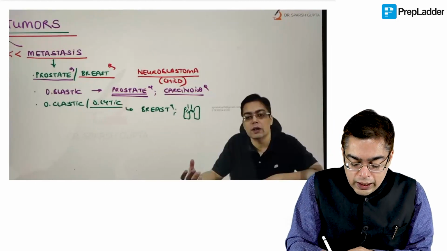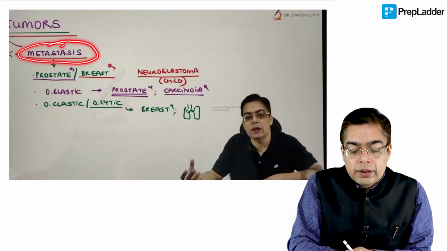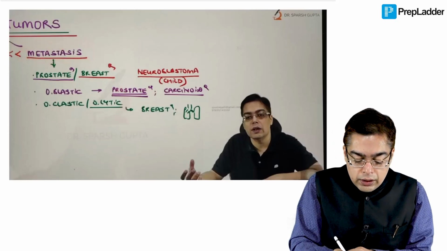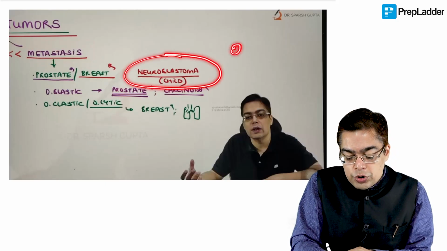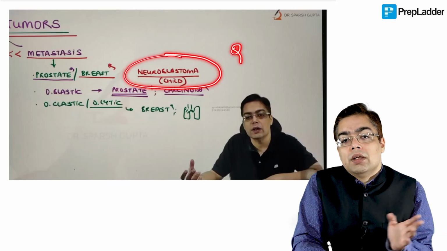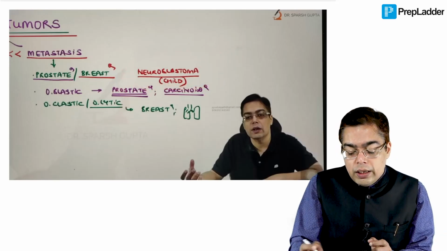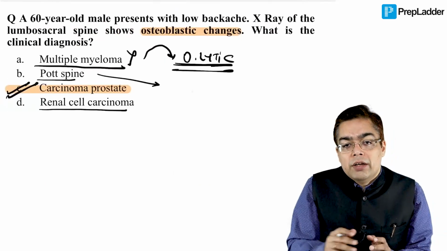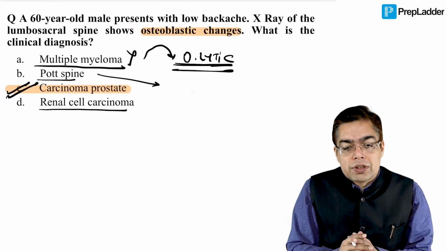Do make sure that you are going to be having a look at the important examples of the tumors which are going to be responsible for causing secondaries or metastasis in the bone. And when we are talking about the reasons, this can be a potential question in the exam in the future, a pediatric situation in which the patient is going to be having the metastasis taking place to the bones. The answer is going to be something like neuroblastoma. And obviously, you can go to the main video section in detail to find out the other questions and the concepts that I have discussed with you.